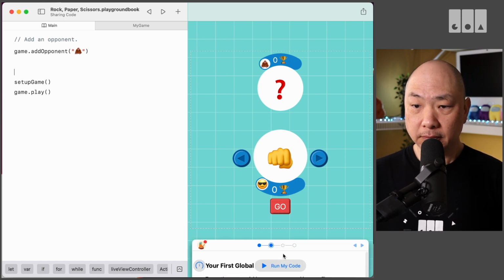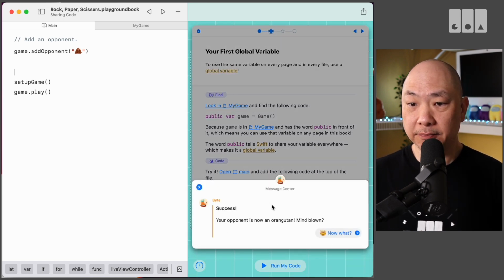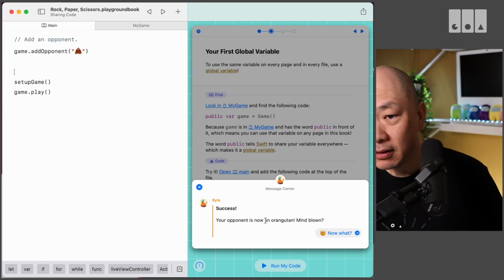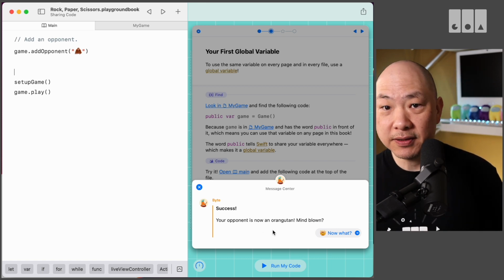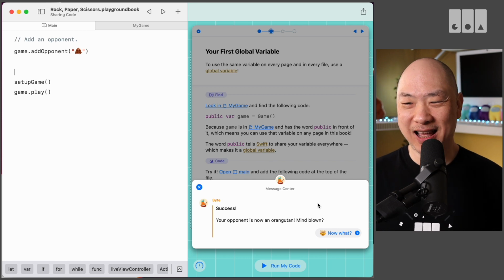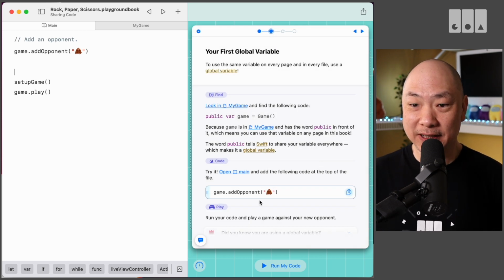So what it's saying here is that your... was that an orangutan? I thought it was a poop emoji. Anyway,